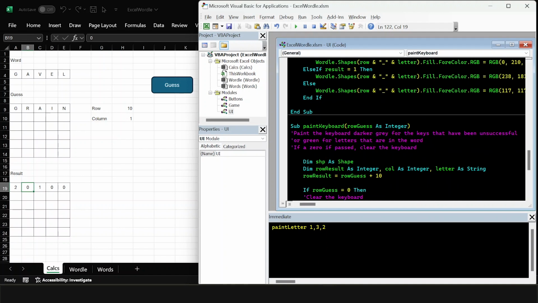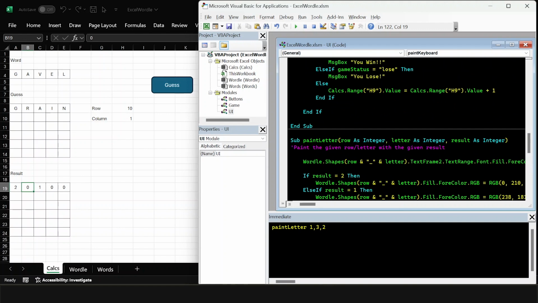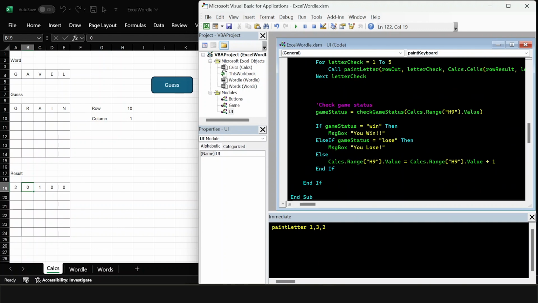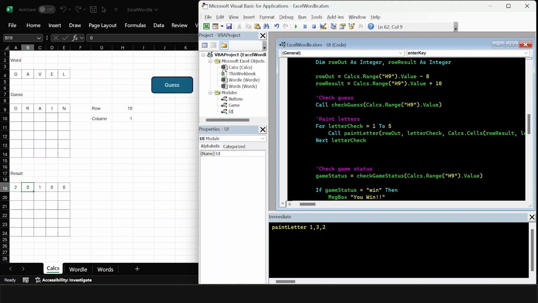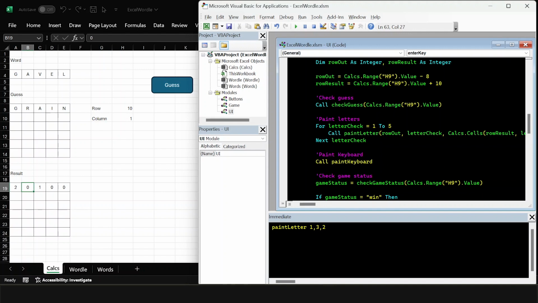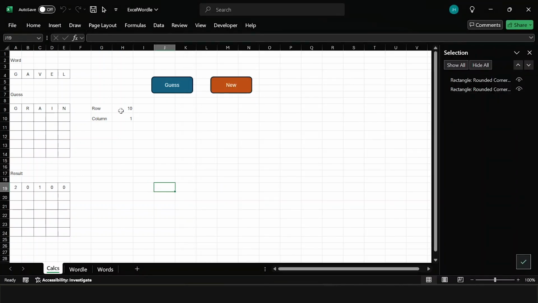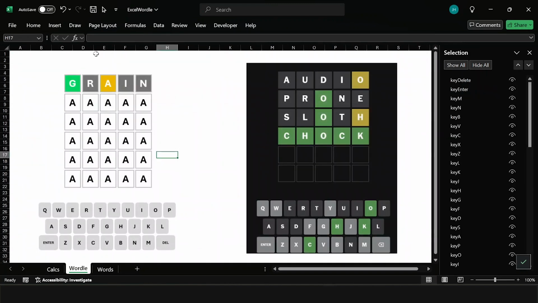So now we can go back up to our function of pressing the enter key, and we'll say, okay, we're going to paint the keyboard, and we would call paint keyboard. And let's see if that works. So to reset this, I'm just going to put this onto 9. That will automatically go to 6. We'll delete the result from there. We've already got grain entered. So now when I hit enter,